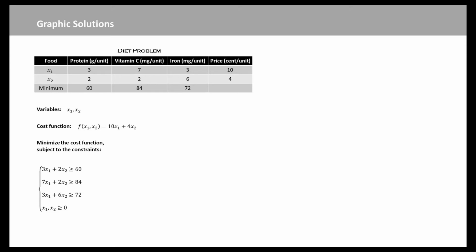We now collect the constraints. The total number of constraints remains the same, because we have to make sure the minimum of these three groups of nutrients is satisfied. What is simplified is that the left-hand side of each inequality now contains only two terms. We have four constraints. We see that now we have a problem to minimize the objective function. The function depends on two variables, and we have these four constraints.